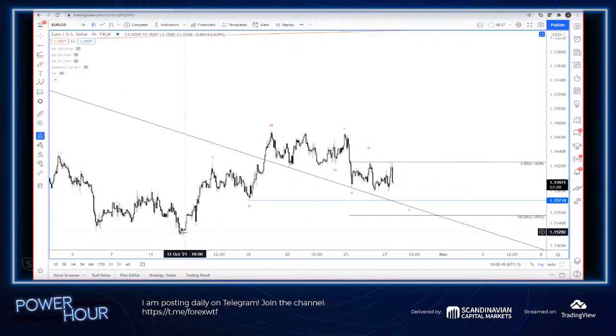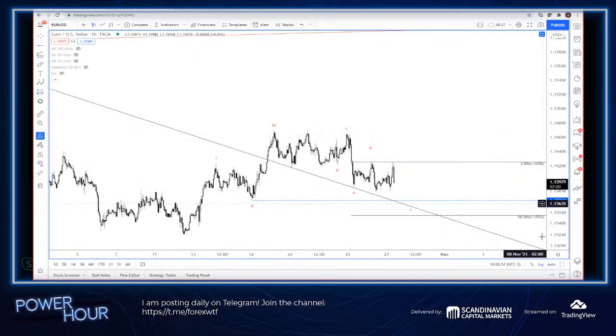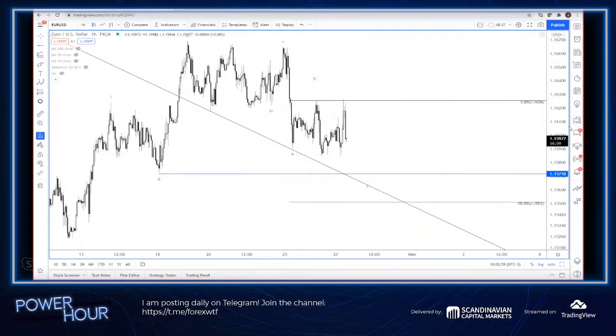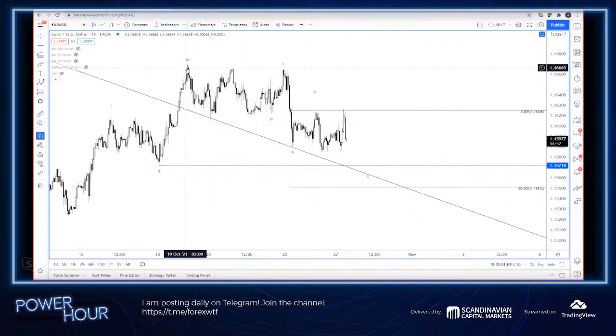I'm looking at this as a wave 1 up, again from the low back in October. Wave 2 down, wave 3 up. If you want to get nitty gritty on it, we are looking at this as a little wave 4 triangle count like this: A, B, C, D, E. Then a pop to that new wave 5 high, and this would be called a truncated 5th wave because you did not make a new price high.